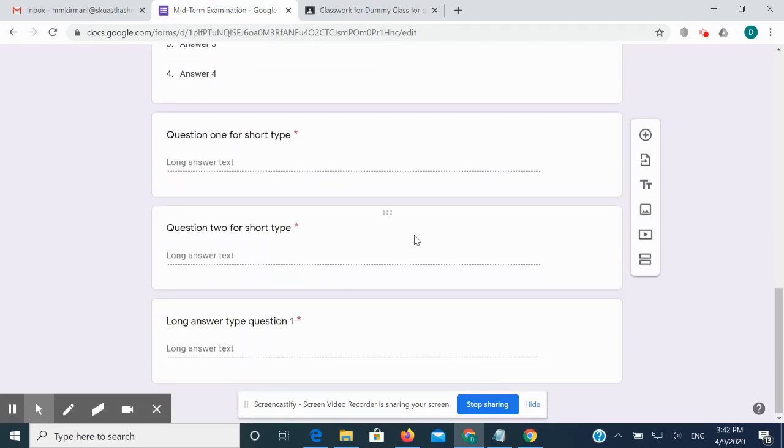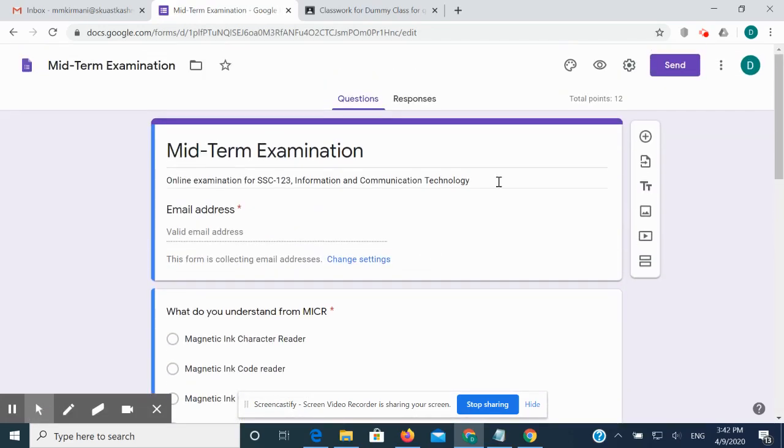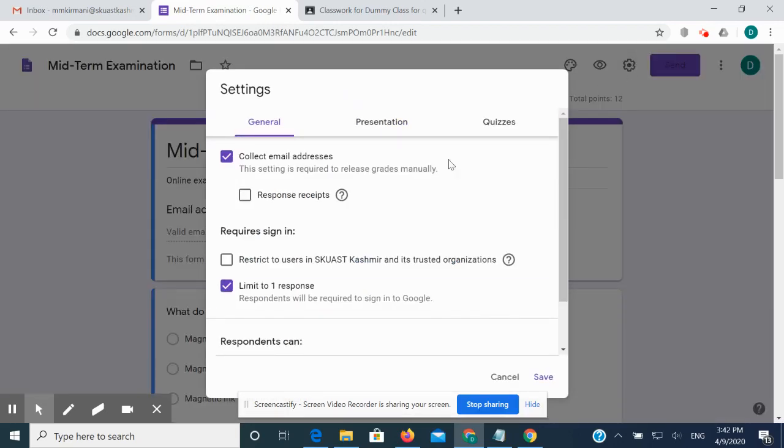As mentioned earlier, I need to change certain settings. So I'll click on settings, and once you see this general option over here, it will be showing select email address, because I need the email addresses also of whosoever is opting for the exam. Second, when you check this particular option, by default it will be checked. But if it is checked, then there will be a problem. People who are having